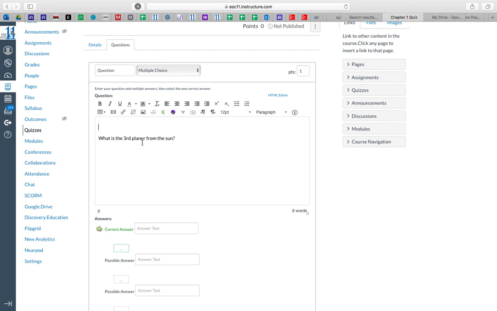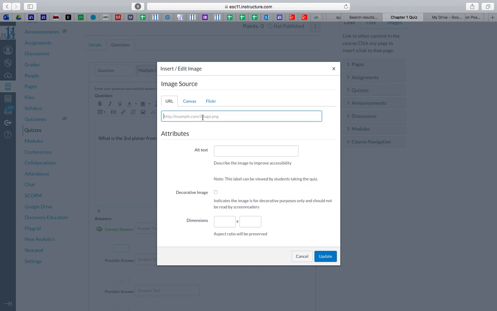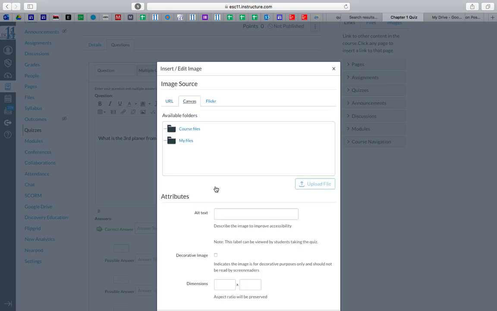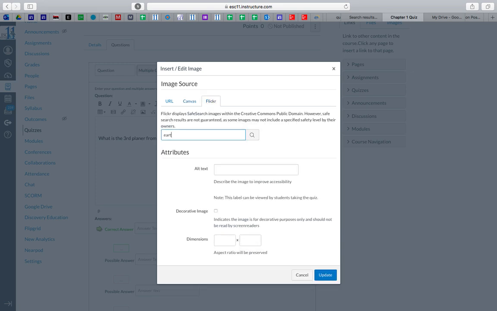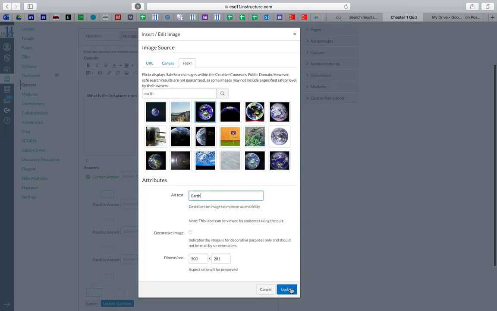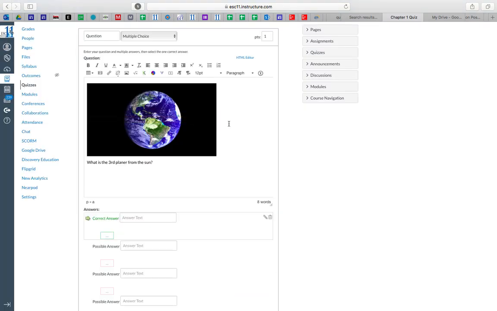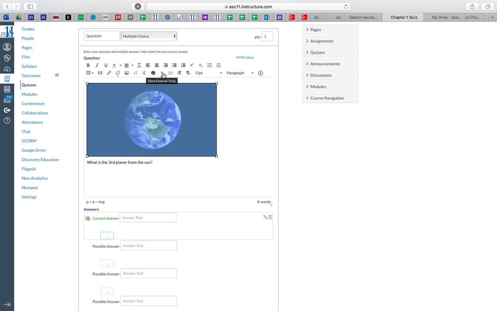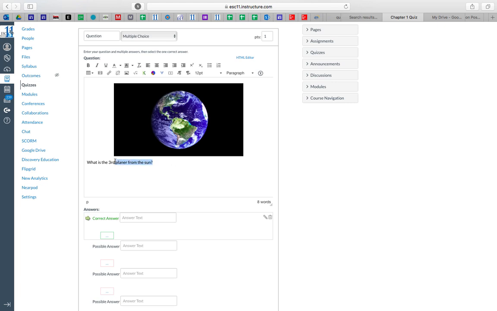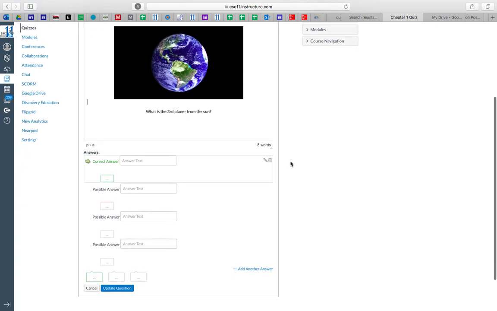And so if we want to add an image, for example, you can go find a URL on Google and post the image here, or post a URL here. If you've already uploaded some images in Canvas, you can click here and go find them, or you can search Flickr. So we search Flickr and embedded an image that goes along with our question. Going to center all of this just to make it look pretty. So now we have our question.